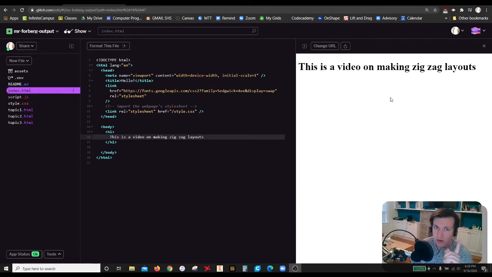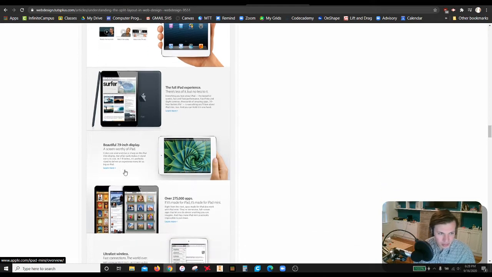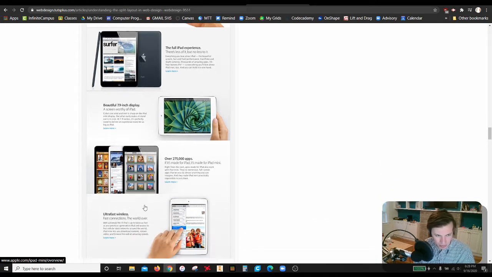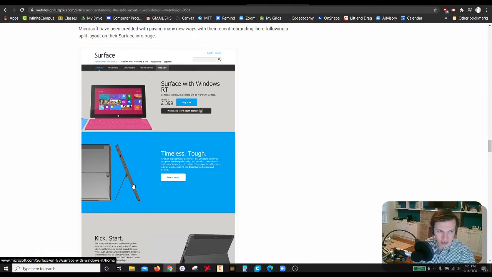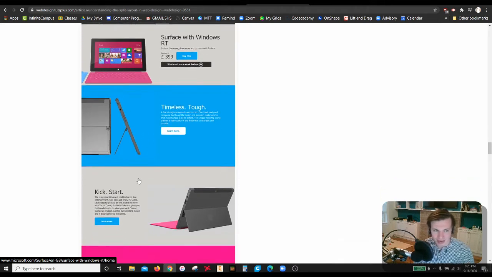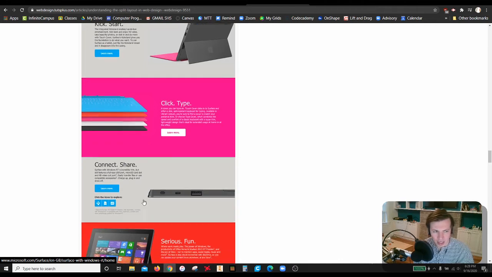This is a video on making zigzag layouts. These are pretty desired and pretty common. You can see Apple using it. It's a couple years ago, but it's still a very popular layout, even if it isn't as forward or as noticeable. Zigzag layouts can be very structured or a little bit more abstract, but we're going to go over how